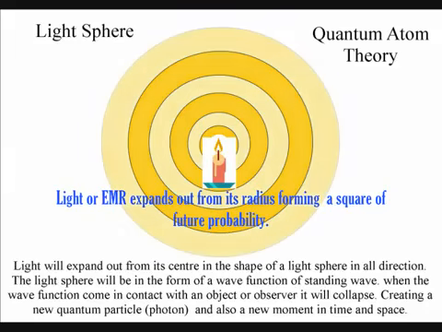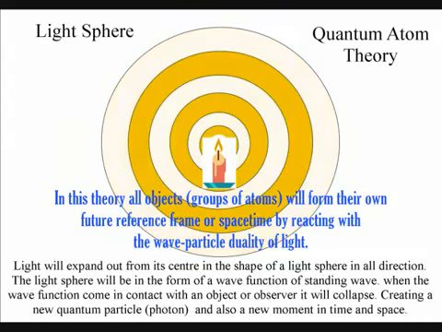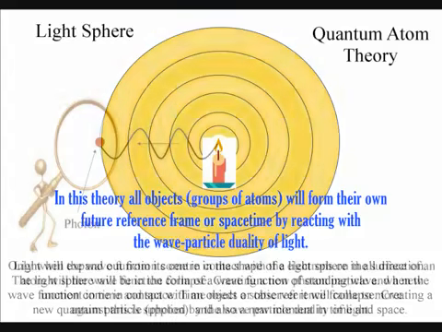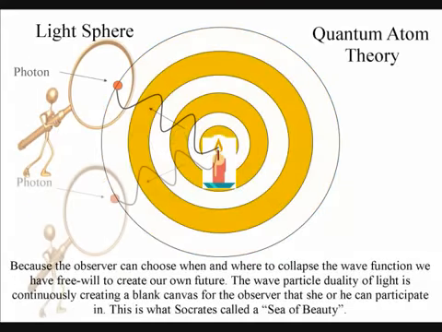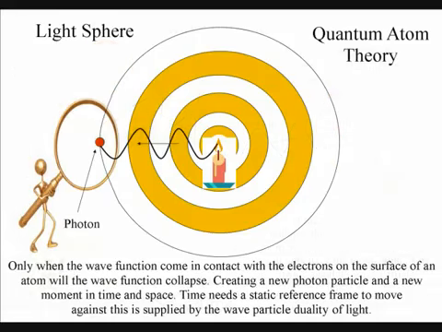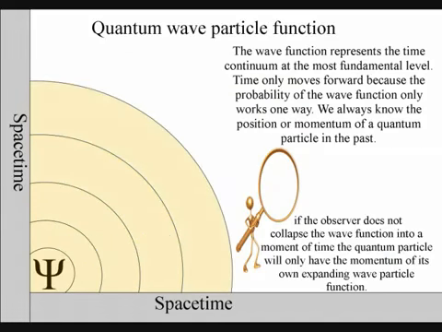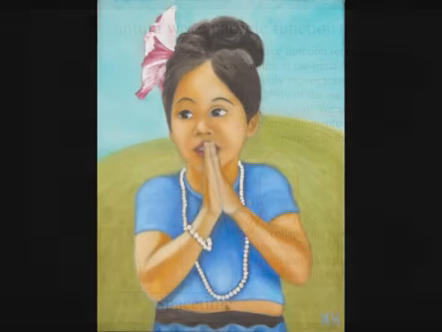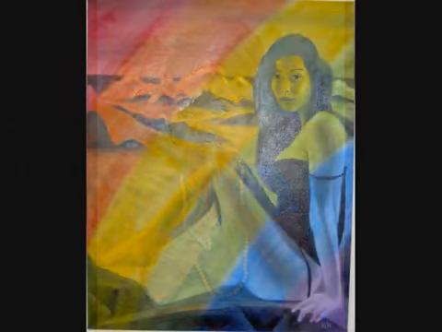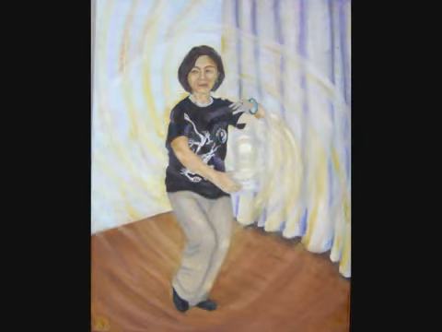We live in a dynamically evolving universe of continuous change because of the probabilistic nature of the wave-particle duality of light. Only if the light waves come in contact with an object will they form new photons of quantized energy that will have a unique position in space and time. If the light does not come in contact with an object, it will only have the momentum of its own wave function. The observer's future is continuously being formed by the absorption of electromagnetic radiation or light,